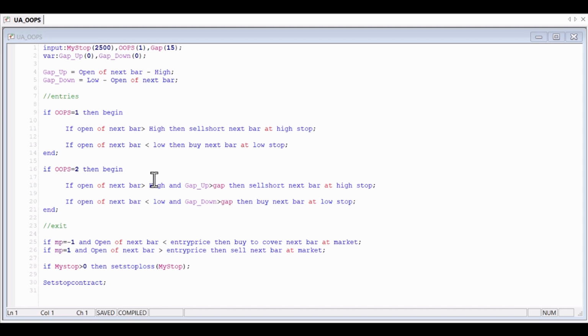In the first, we apply the basic setup, going long at the previous session's low or short at the previous session's high, simply when a gap is detected, regardless of its size. In the second scenario, we apply a more selective version of the setup. Here, trades are only allowed if the gap is sufficiently large. In this case, we've set a minimum threshold of 15 points. The system then includes two exit conditions, a classic monetary stop loss of 2,000 euros, which activates when the trade moves against us.